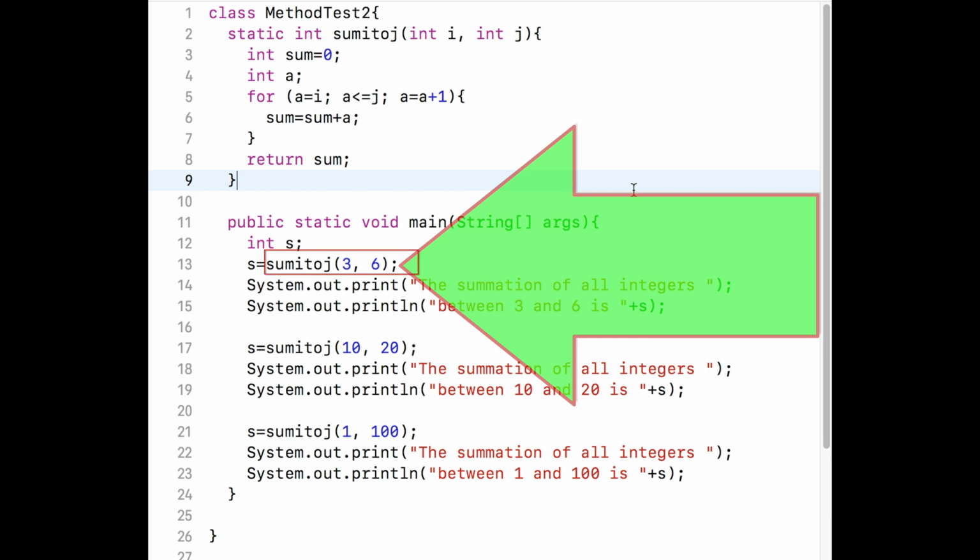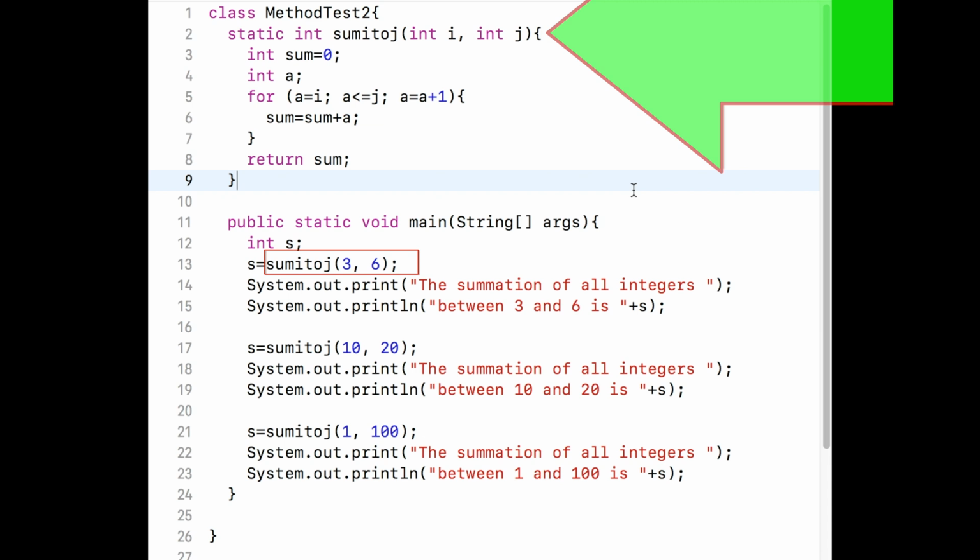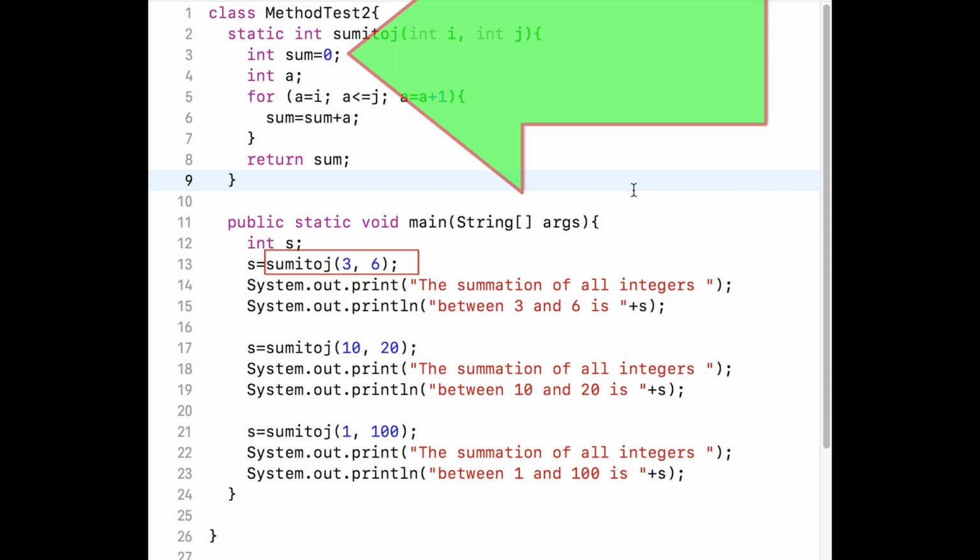The right side is executed first. That means the execution will now jump to the method sum I to j. The first argument is 3 and the second argument is 6. Therefore, I will be 3 and j will be 6 for this call. Now inside sum I to j, the first line has a variable named sum, which is initialized to 0 once